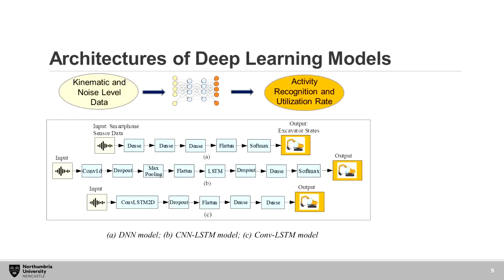This figure shows the architecture of the deep learning models created in this study. Let's see what steps or layers are included in deep learning techniques. In DNN, different types of layers such as dense, flattened, dropout, and softmax layers can be used. Dense layers are regular neural layers which are densely connected and receive input from the previous layers and send output